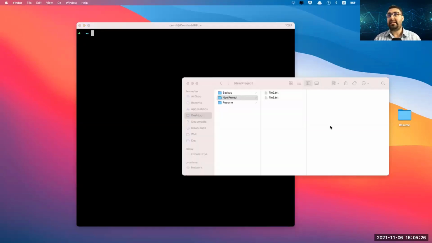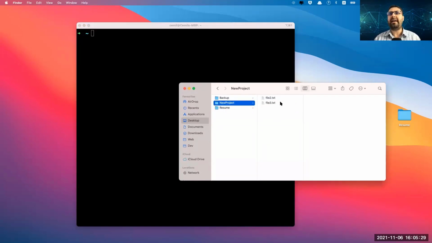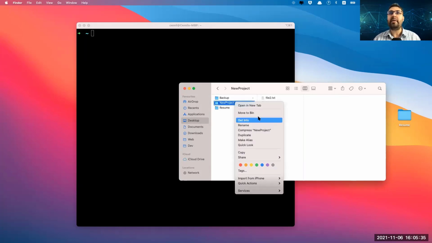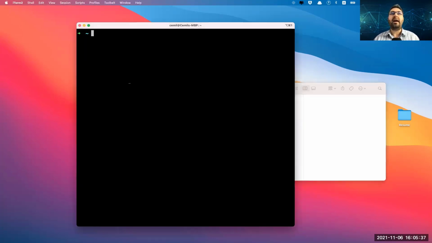Well, now let's get back to work. I've created a few files, but then I deleted them again. You know what? Every time it's good to have some more practice, so let's move everything to the bin. I'm in my home folder. I'm now going to my desktop first. Then I'm creating a folder with mkdir. You can also right click and choose new folder, it's all up to you. New project. You don't see that, but it's on my other screen. Here it is. And then let's make this repo.